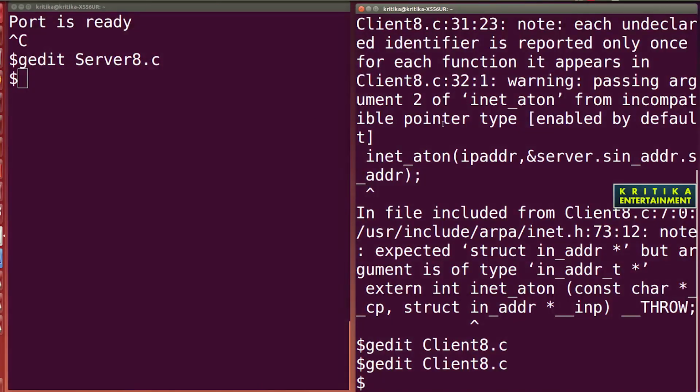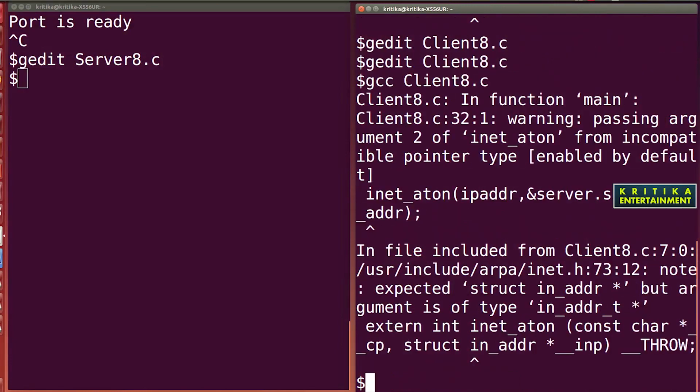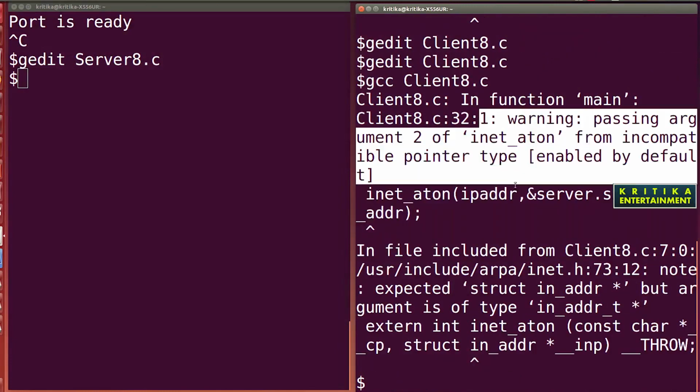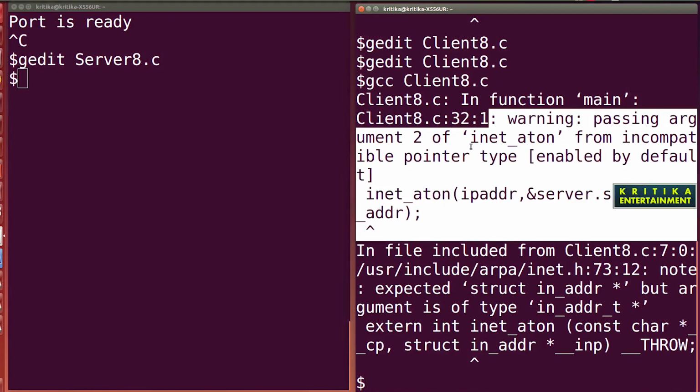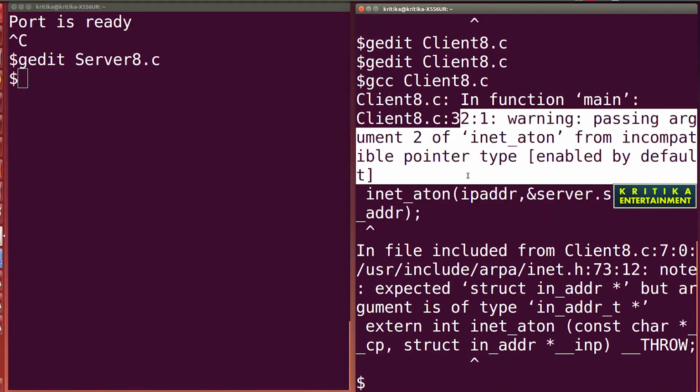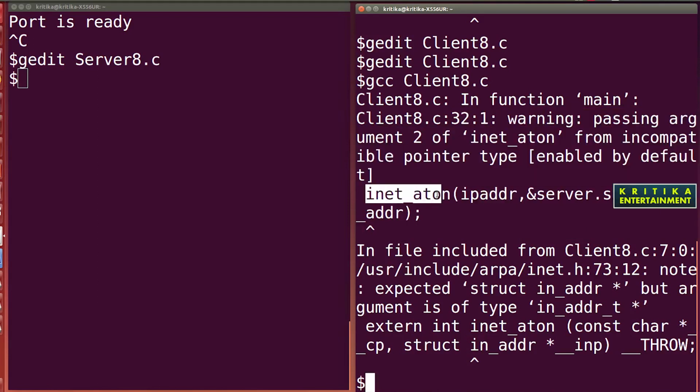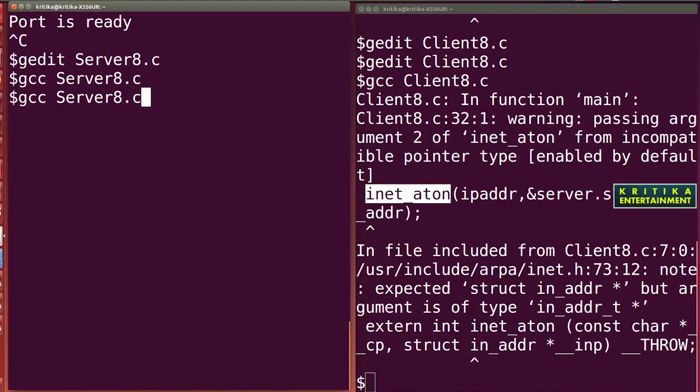You see another thing here. Compile. You can find this error in the display: incompatible type for this function. Then why does this occur? I will tell you. First I will run this program. When you run this, again I will compile, because this already contains the code of client 8. So I can compile, then it will store the server 8C execution code.